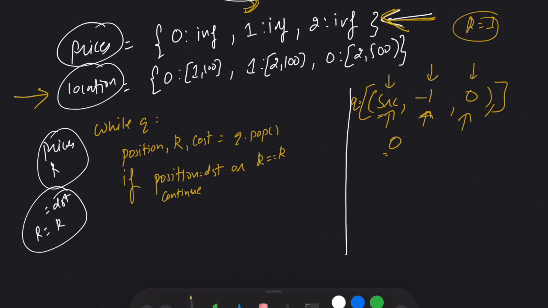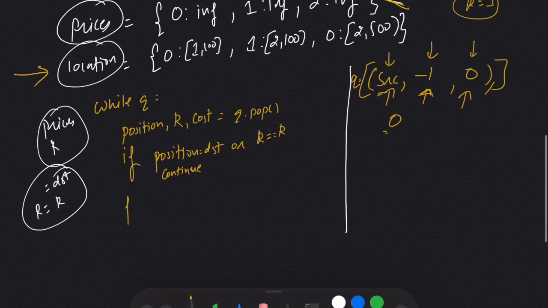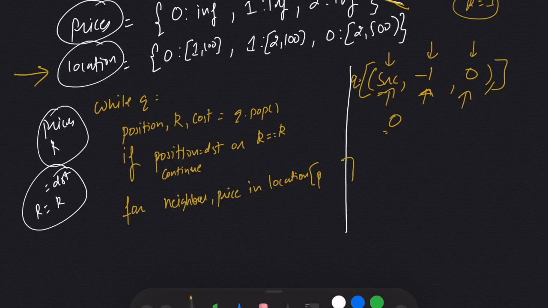So for that, I will take the neighbor and the price from the location dictionary, and for whom? For the position. So for now position is 0, so I will take the neighbors of 0.